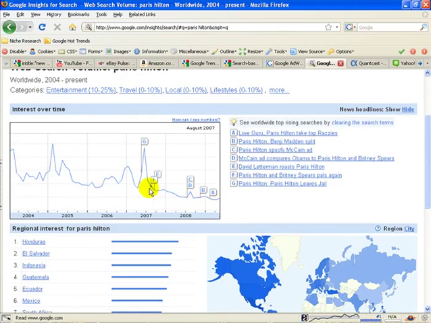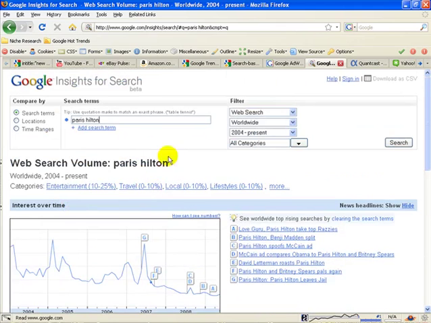But sure enough, there's an interesting trend, but it kind of drops off a little bit. She hasn't done anything recently. She stayed out of the media's way, which is probably good for her actually. But let's take another one just as an